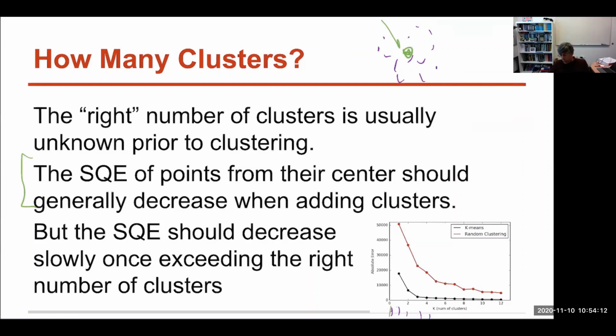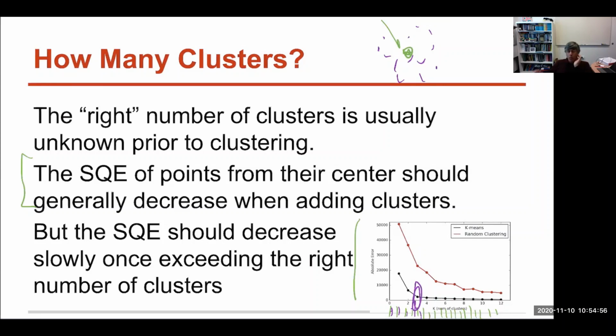If we do this with multiple different values of k, for each value of k we're going to get a clustering into that many clusters. We can compute the mean squared error here. So we get a plot of the mean squared error as a function of the number of clusters. What we would like to find, a good place to stop, is going to be a value of k, probably something like that,